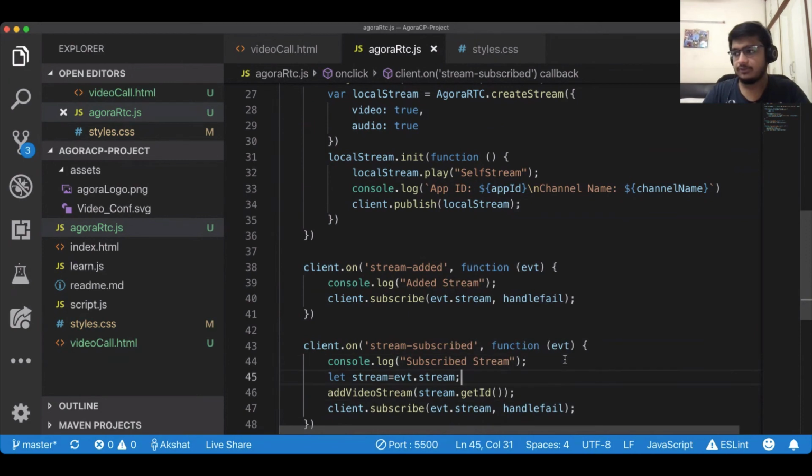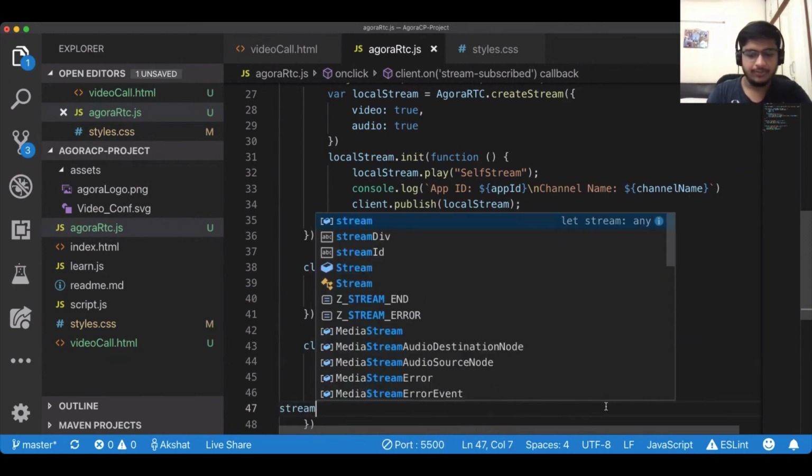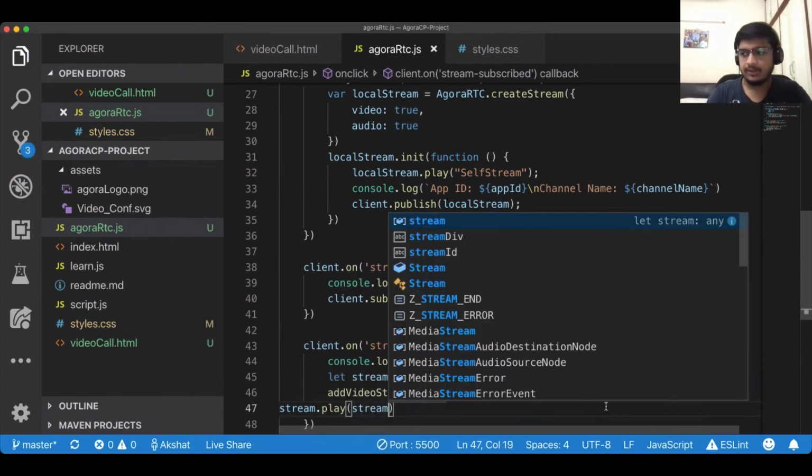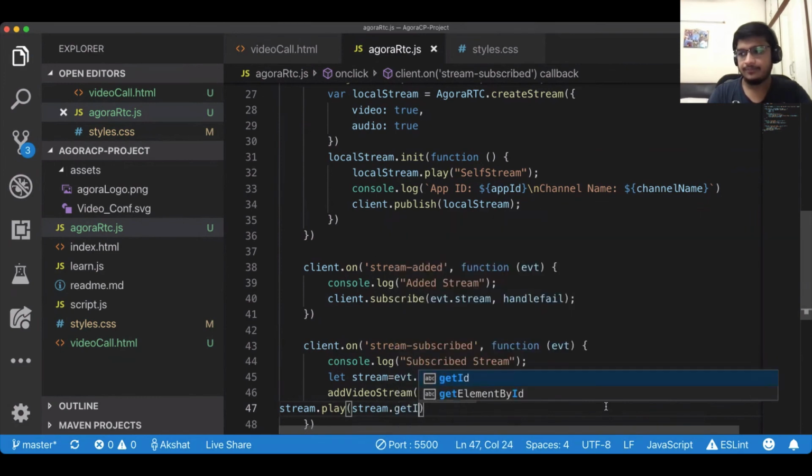Yep. So this is there. And now stream dot play, because if you remember, I played my local stream. I need to play this as well. This is for the remote streams. Get ID.